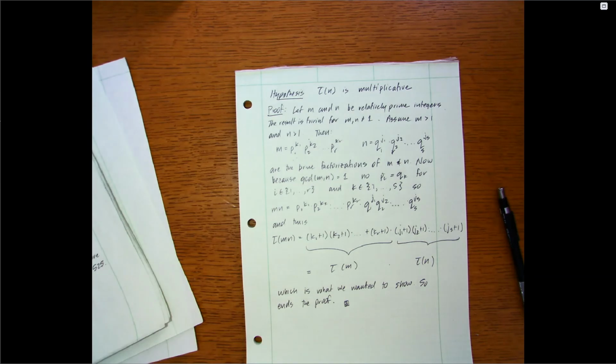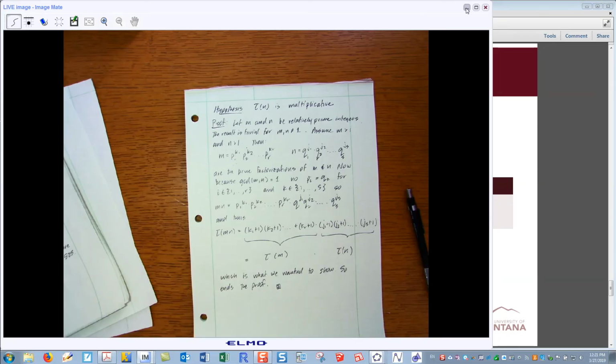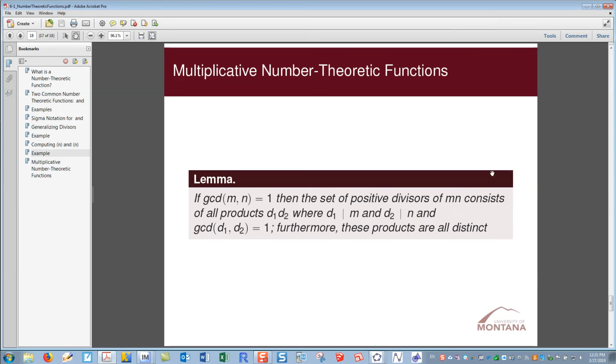There are a couple neat lemmas to this. Here's the first lemma: if the GCD of m and n is 1, the set of positive divisors of mn consists of all products d1 times d2, where d1 divides m and d2 divides n, and the GCD of d1 and d2 is 1, and all of these products are then distinct. So, kind of an interesting idea. Maybe I won't provide the proof of this. The proof is in the book,